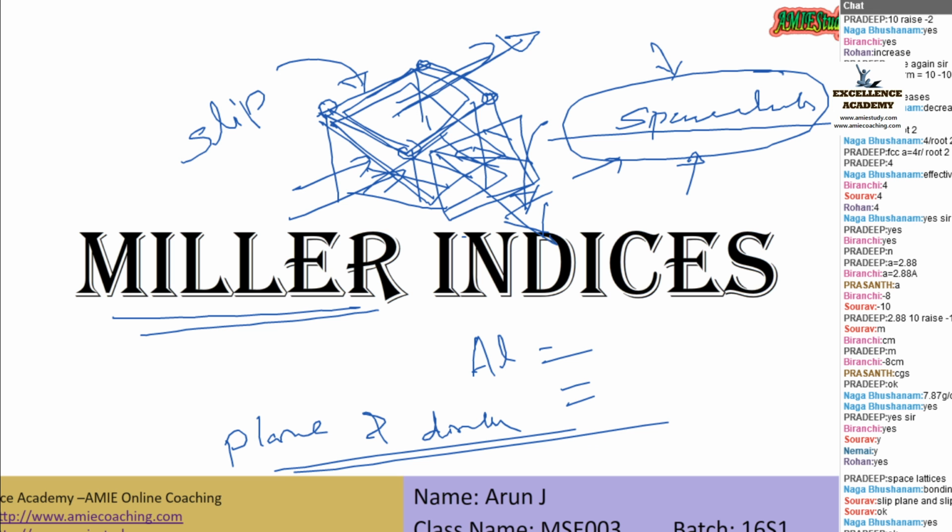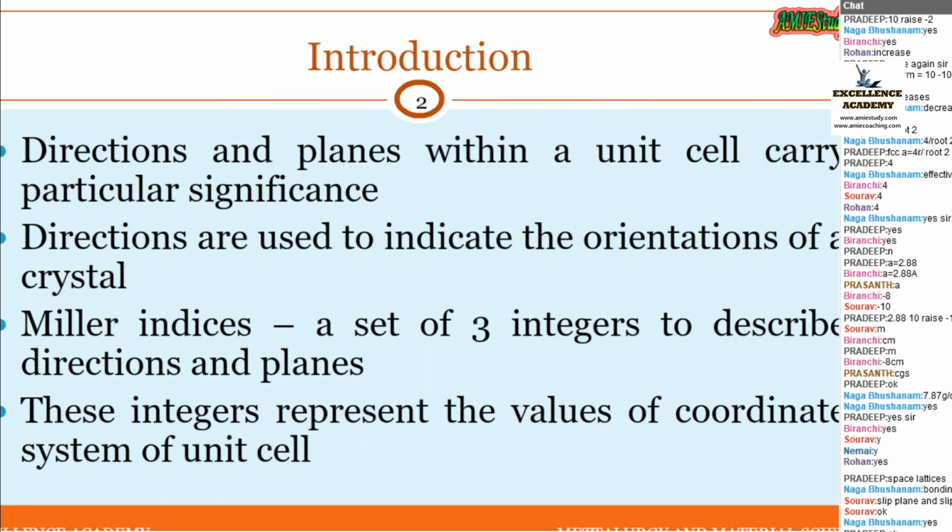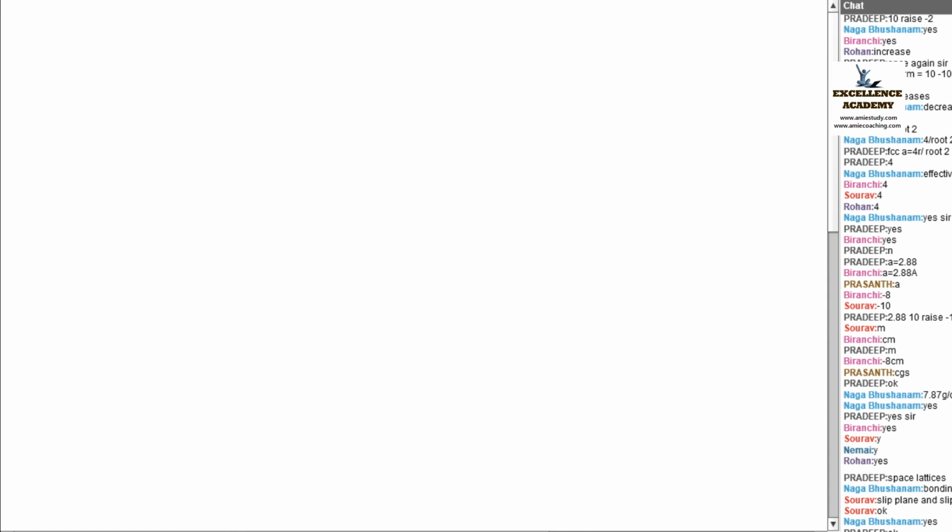Yes. Hope it is clear to all. What is the application of this Miller indices? Now we can move. Miller indices for direction and Miller indices for planes are there. And that is so simple also. In the case of a cubic cell, there exist three integers. Let me take a whiteboard. Three integers are there. That means three numerical values.